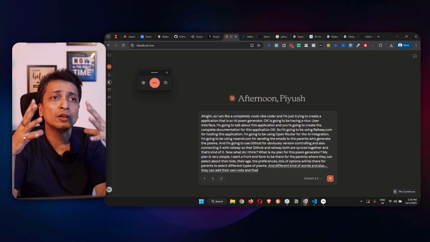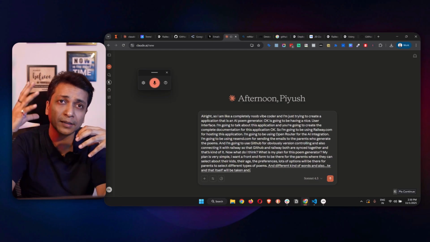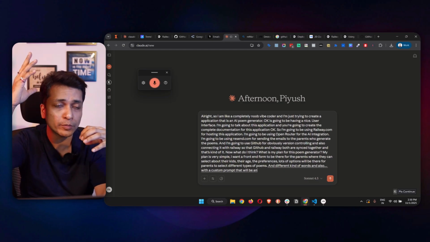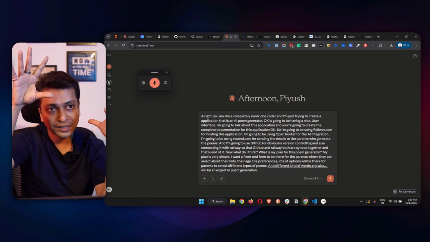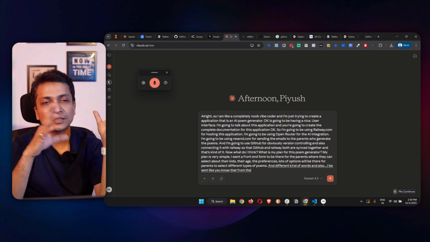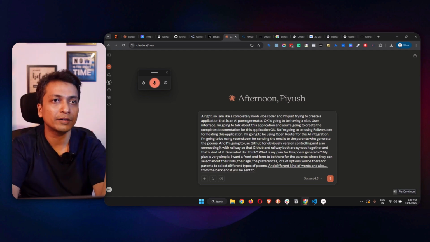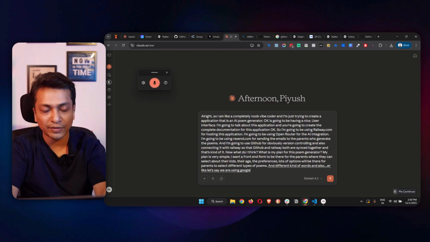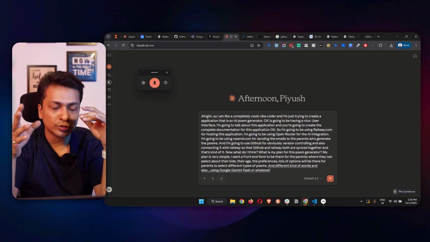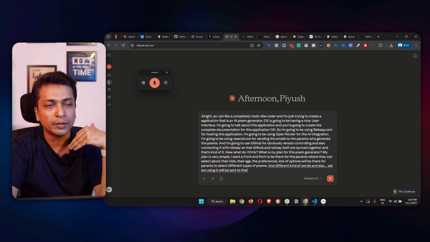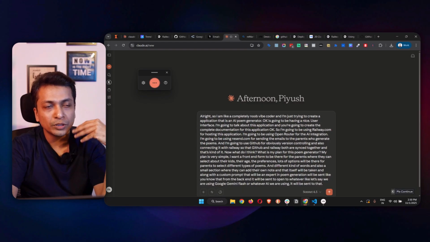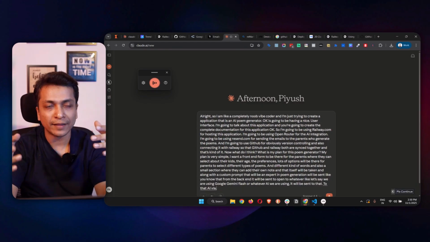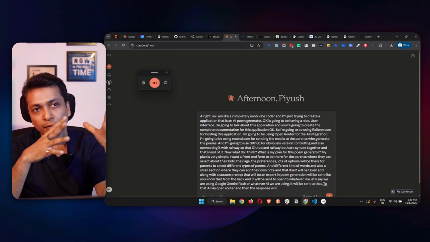That will be taken, and along with a custom prompt that will be an expert in poem generation, from the backend it will be sent to whatever AI we are using, let's say Google Gemini Flash, via OpenRouter, and then the response will be received